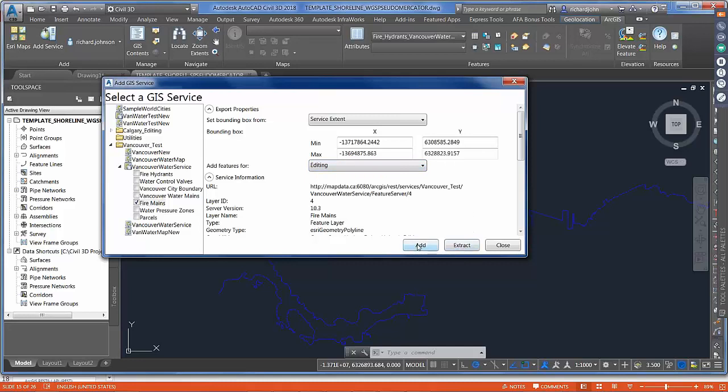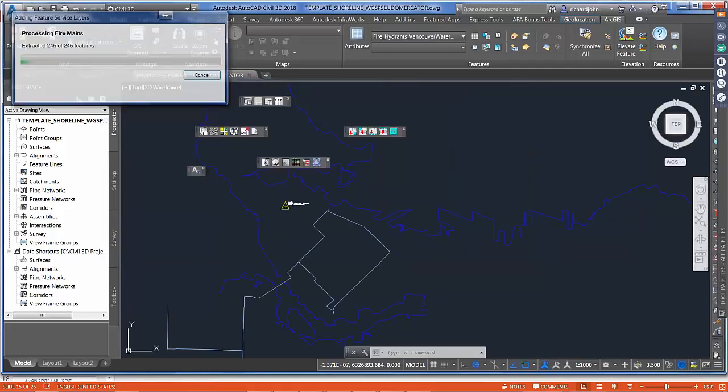The next two options that we have are add and extract. So if we add data to the DWG, it's going to track the information based on the entity ID of the AutoCAD object that you're adding and track it against a GIS ID. So it's going to maintain and understand that relationship so that you could edit that data directly in the GIS database using a map service. If you extracted that data, it's only going to extract it as a DWG feature. So because this is a relatively small data set, I can go ahead and add that into